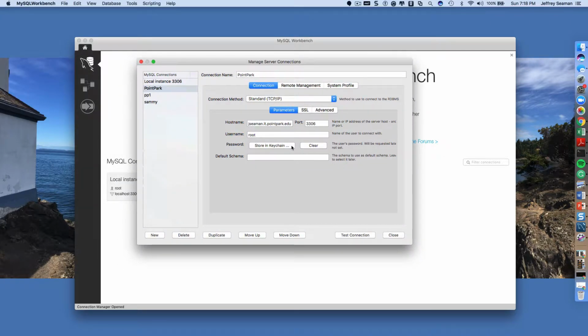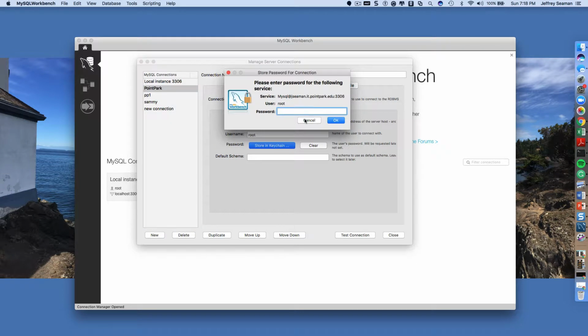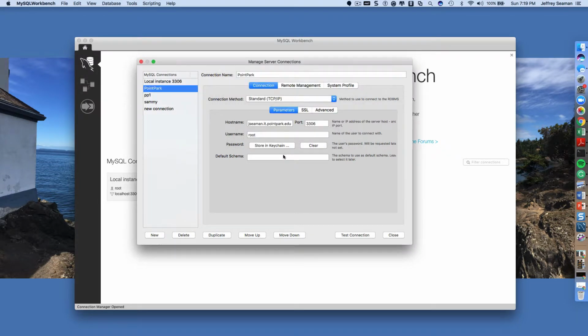So when you go in here to set this account up, if I wanted to click new, I would come in here and type in my host name. So for example, jseaman.it.pointpark.edu. Yours will be the same, but it won't be jseaman, it'll be whatever your username is, okay? And then your port number will always be 3306. Your username should always be root. And then you'll want to click on store in keychain and input your password, whatever your password is,